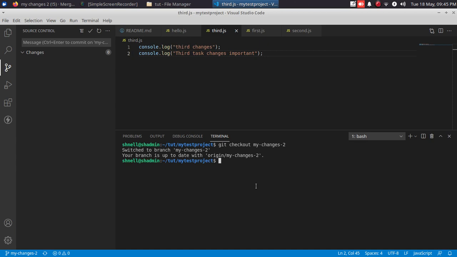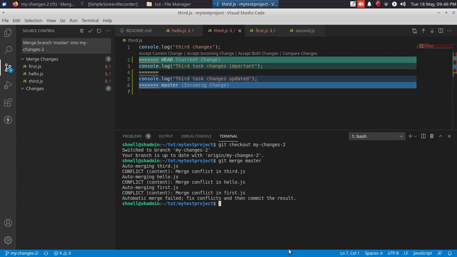So I have switched back to my changes 2 branch, and what I am going to do is locally merge the latest master into my changes 2 branch. So now you can see it showing what are the conflicts. As I changed the same line from my previous branch and current branch, it's showing the conflict.